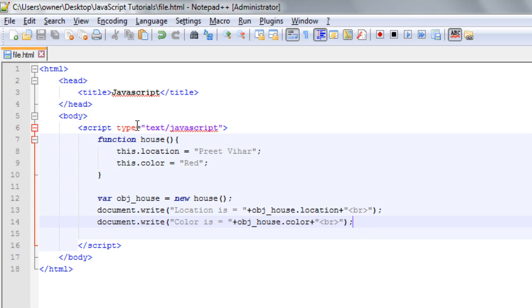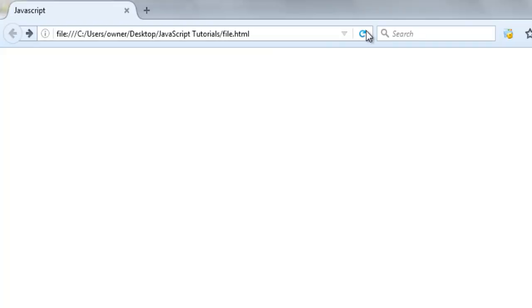I will run my web browser and I will refresh. Okay, here is the output. So what we actually did here,